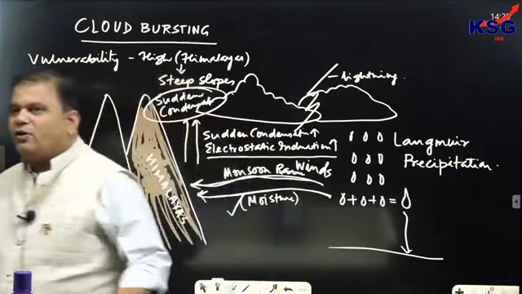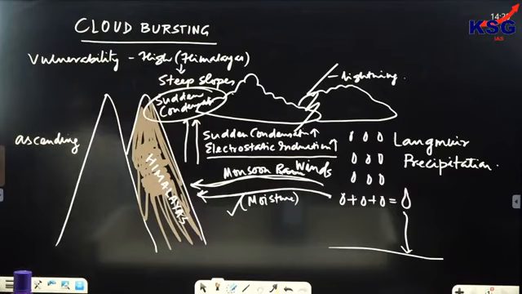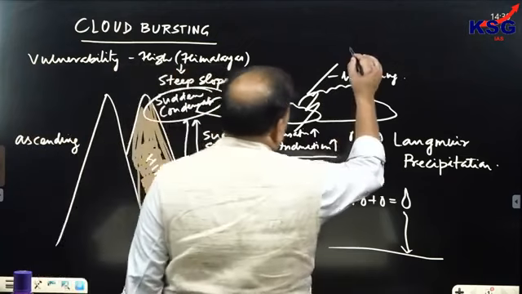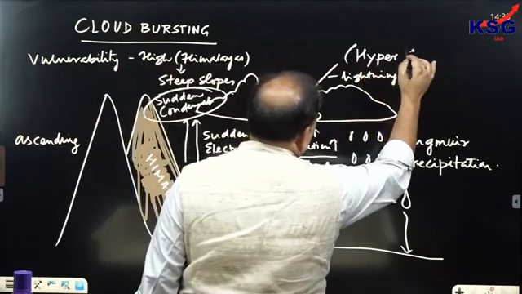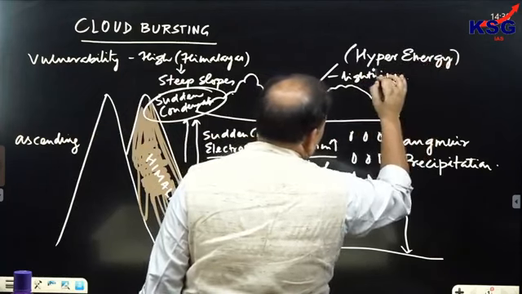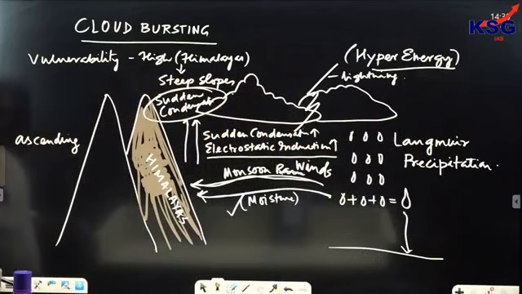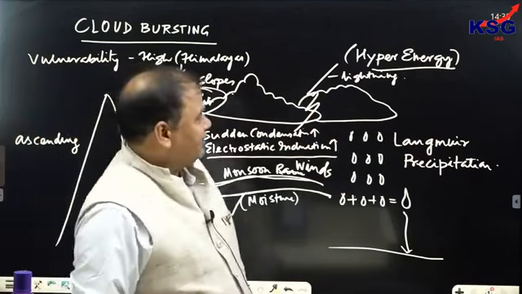Write down: enhancement of electrostatic induction results in lightning, which is trapped inside the cloud in the form of hyper energy,